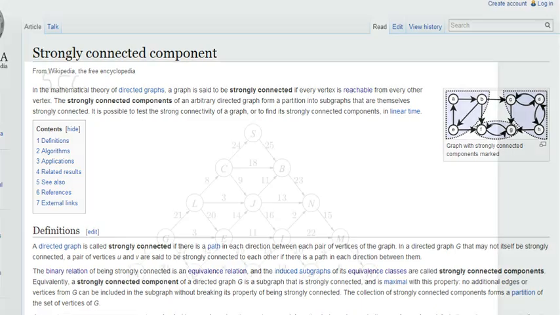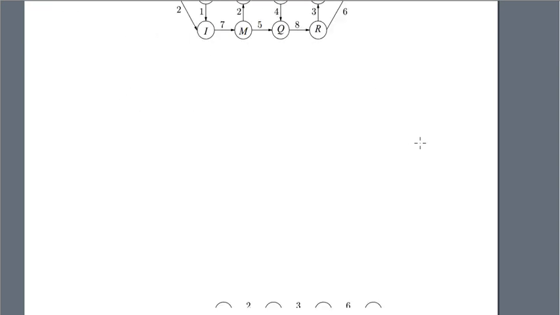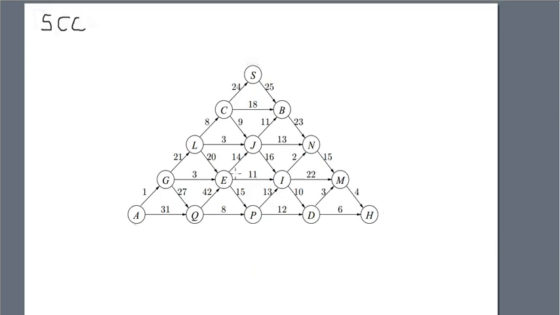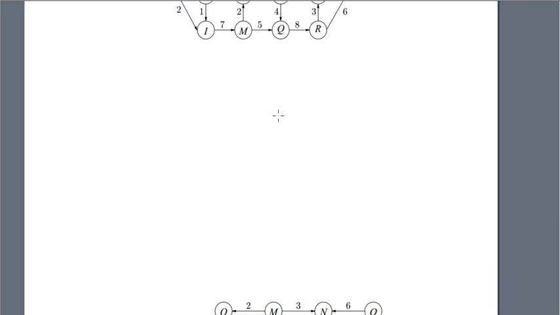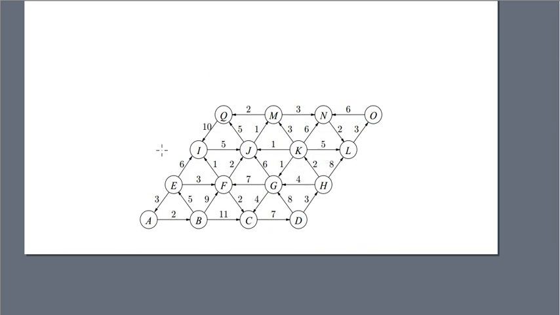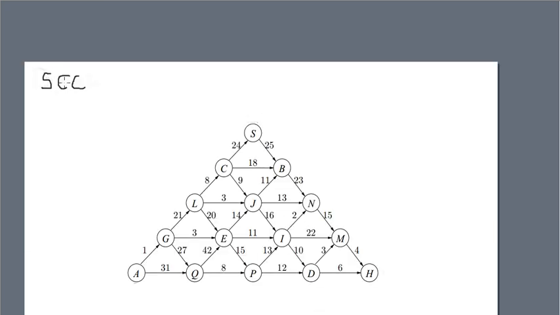Okay, so let's look at an example. The last two examples are actually pretty simple when you just get to see what it is. This has more work, so we're going to start with this. This is a more typical task. So we look at this graph and we want to find the strongly connected